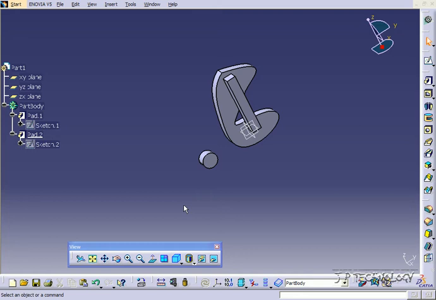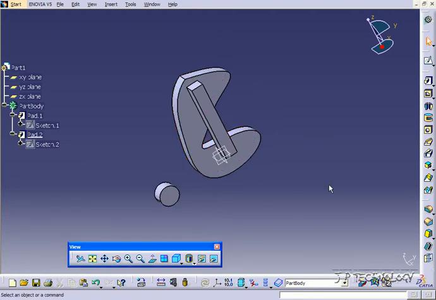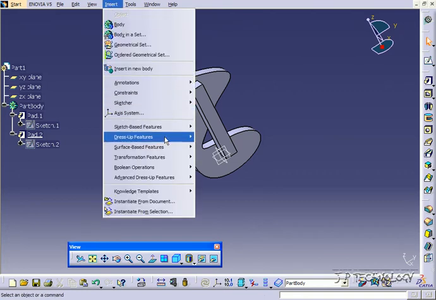This is tutorial number 66, and it covers how to use the shell feature within Catia V5. To start off, open up tutorial part number 66, which is located on the DVD. Now the shell feature can be found on the toolbar over here, or you can go to Insert, Dress Up